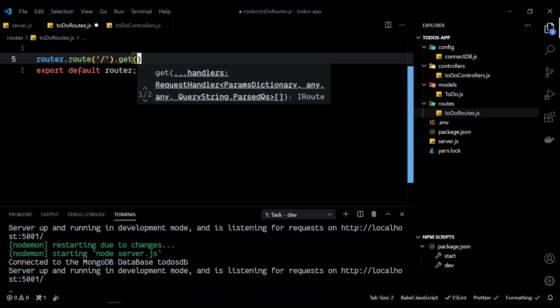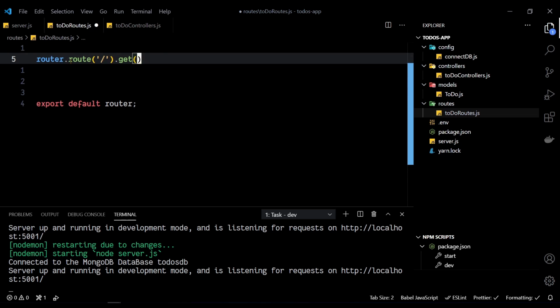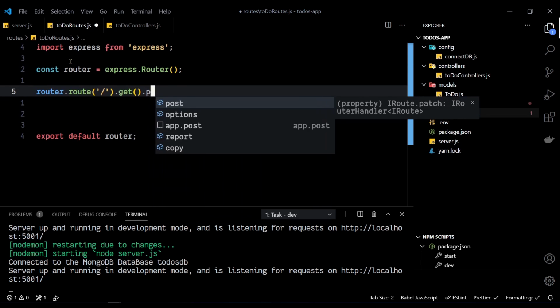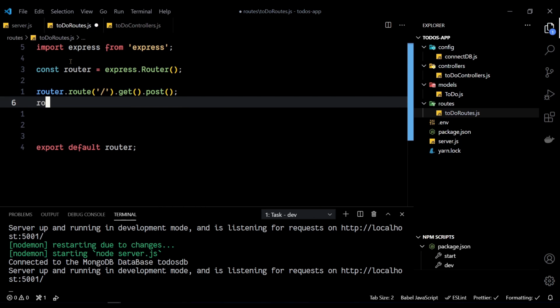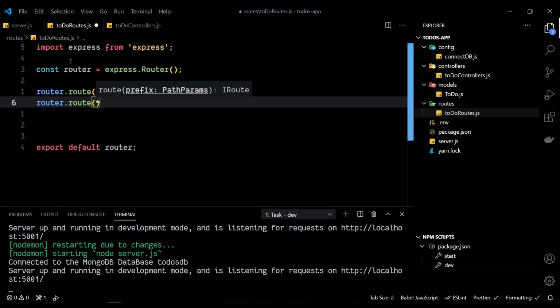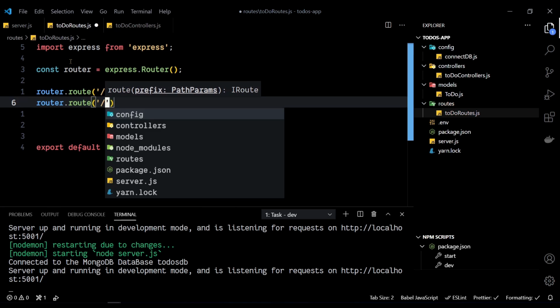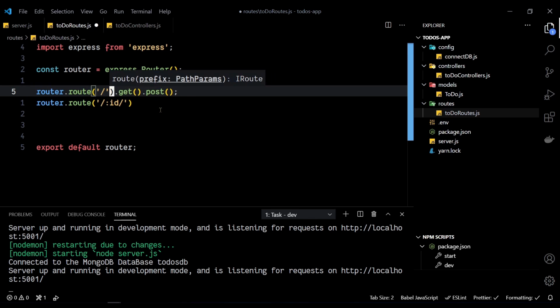For example, on the slash route, we have a get method that is possible, and even a post method is possible. A post method stands for a creating operation, and then we have a router.route of /id. And you see, when we are using a route method, there is no controller function over here, but we'll have